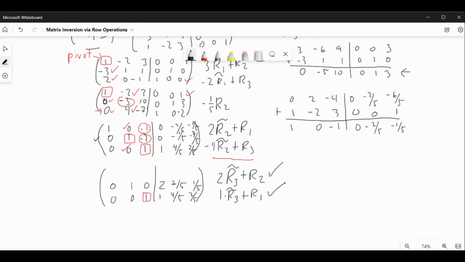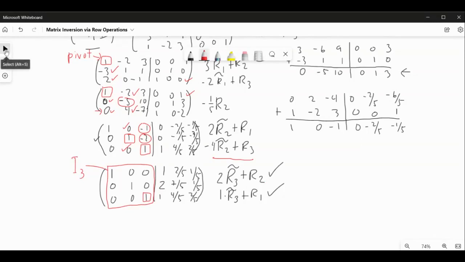While if we carry out this operation, 1 times R3 tilde plus R1, then what we get is 1, 0, 0, and then 1, and then here we get 2 fifths, and then we have a 1 fifth. So if you will notice, the left side of our final augmented matrix already corresponds to a 3 by 3 identity matrix, I3,